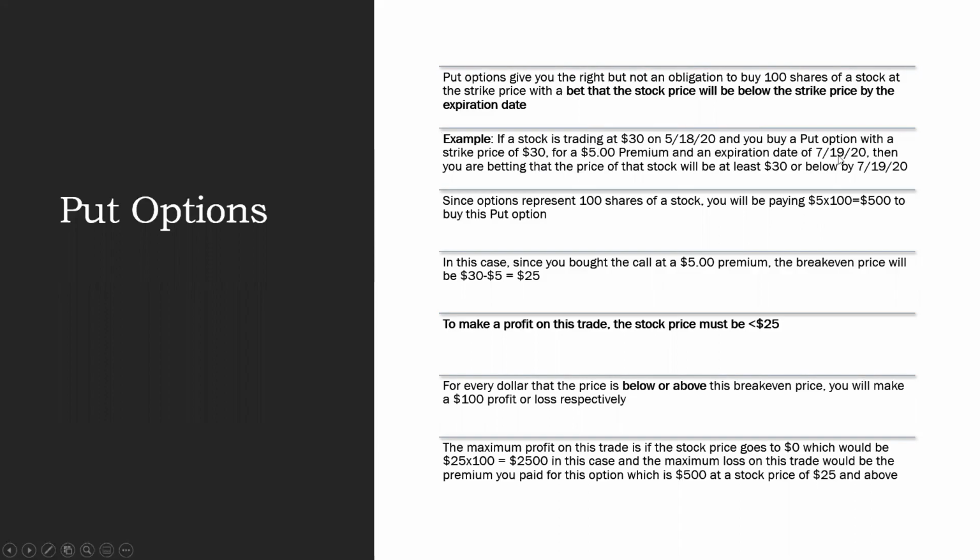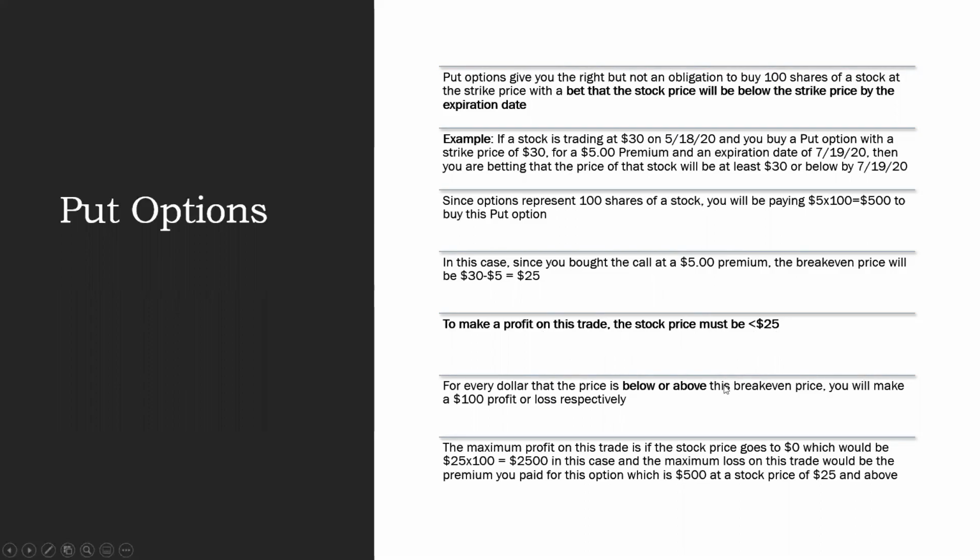$30 by expiration date. But since you pay a premium of $5 for it, for you to break even, the stock would at least have to drop to $30 minus $5, which is $25. And since we are assuming the same premium, you still pay $500 to buy this put option. And for every dollar below $25 that the stock goes, you will make a $100 profit. Okay? And anywhere between $25 and $30, you lose $100 per dollar,